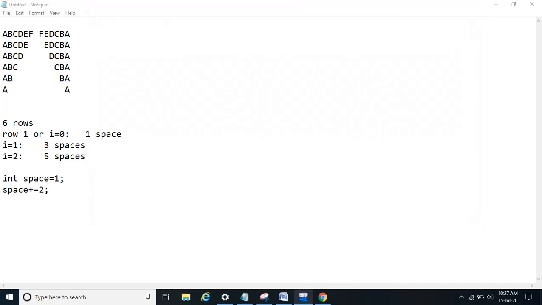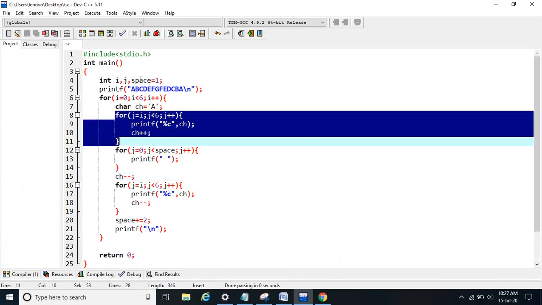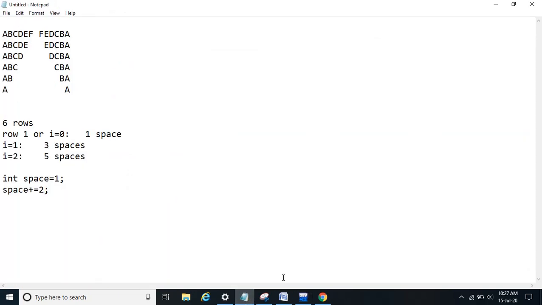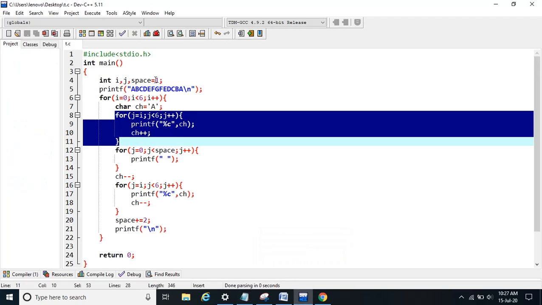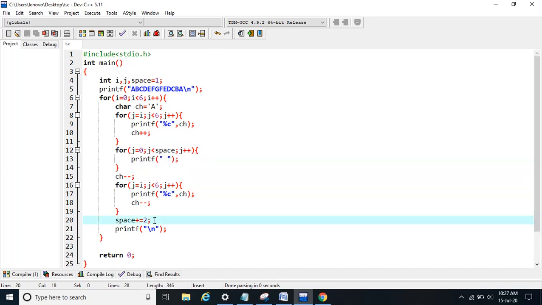Now let me give you the insight one more time. This part was for the first part that we are getting here. For spaces, we just took a variable space and ran this loop, and after every row just incremented the spaces by 2.